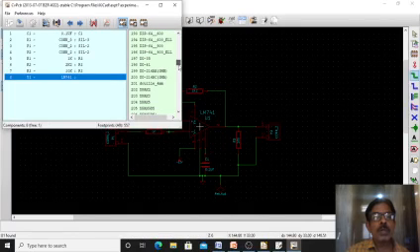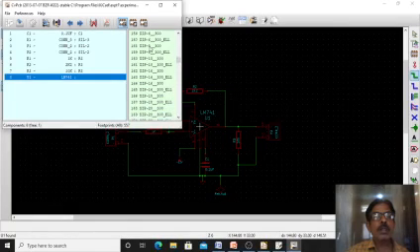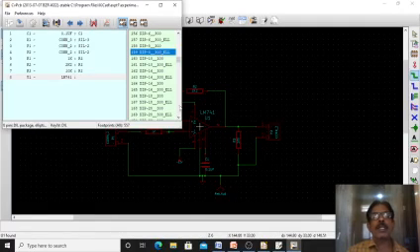I am searching for DIP 8, the dual inline package 8-pin. Here it is, DIP 8 300 underscore ELL. You can select this DIP 8 300 or DIP 8 300 EL. You can select any one. Let us take this one.